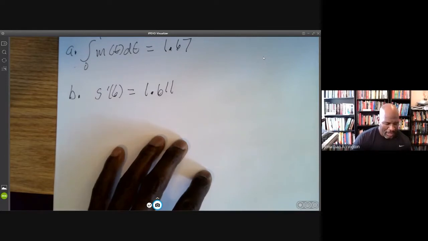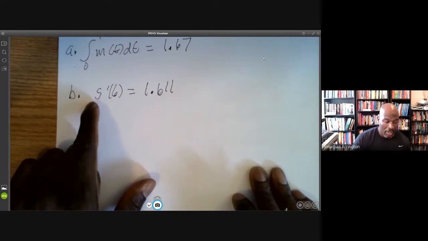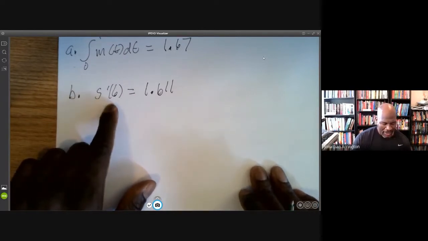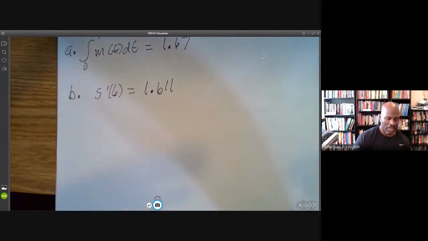So this is how I like to do this. Basically we're taking a derivative. The function was already a rate. S of t was already a rate. This is how I like to write up the explanation of what these represent in context of the problem. Anytime they're asking me to explain what the derivative represents, and I'm taking the derivative of a rate,